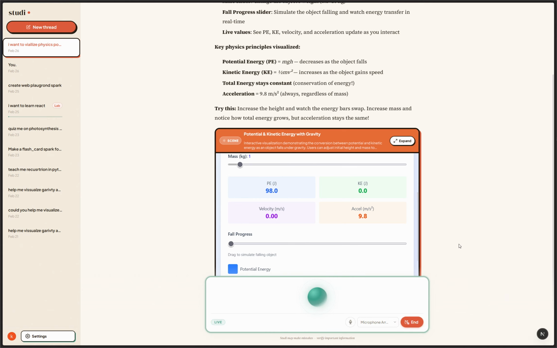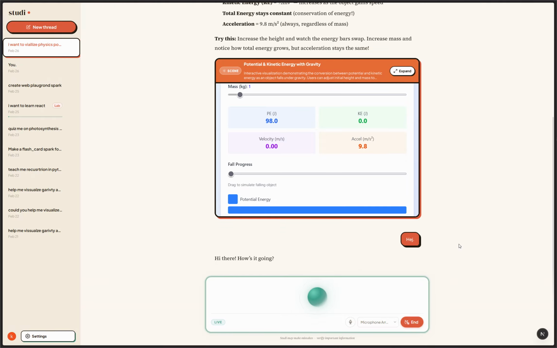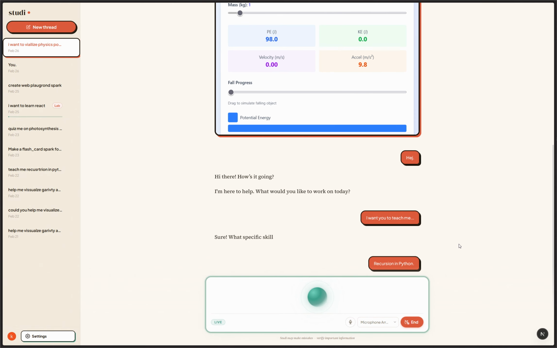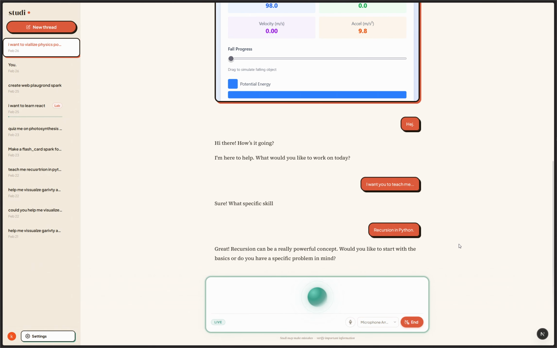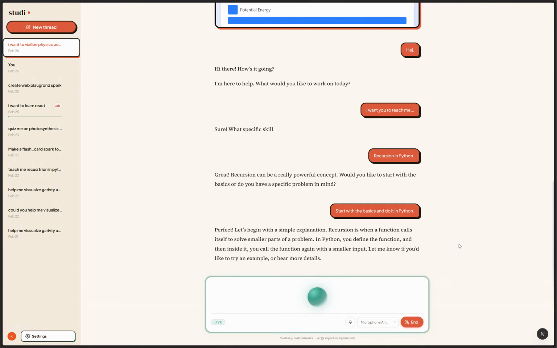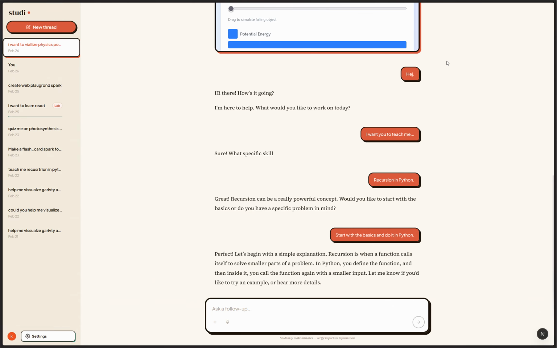Hey, I'm here to help. What would you like to work on today? I want you to teach me recursion in Python. Great. Recursion can be a really powerful concept. Would you like to start with the basics, or do you have a specific problem in mind? Start with the basics and do it in Python. Perfect. Let's begin with a simple explanation. Recursion is when a function calls itself to solve smaller parts of a problem. In Python, you define the function, and then inside it, you call the function again with a